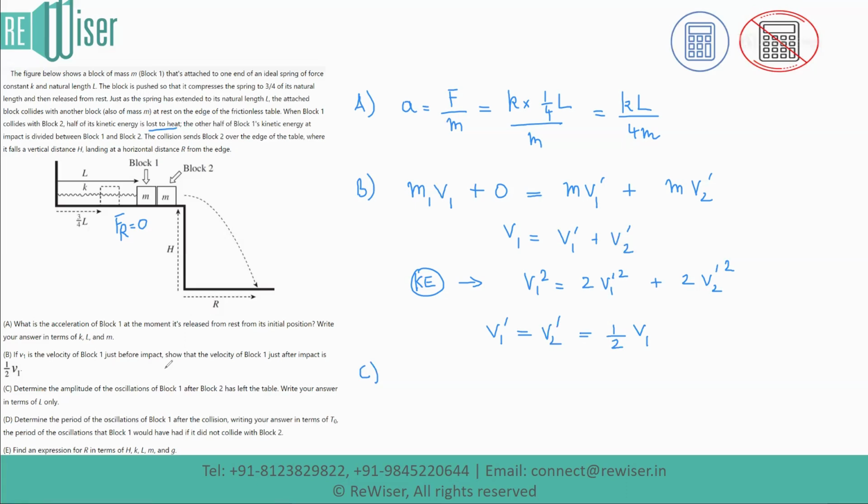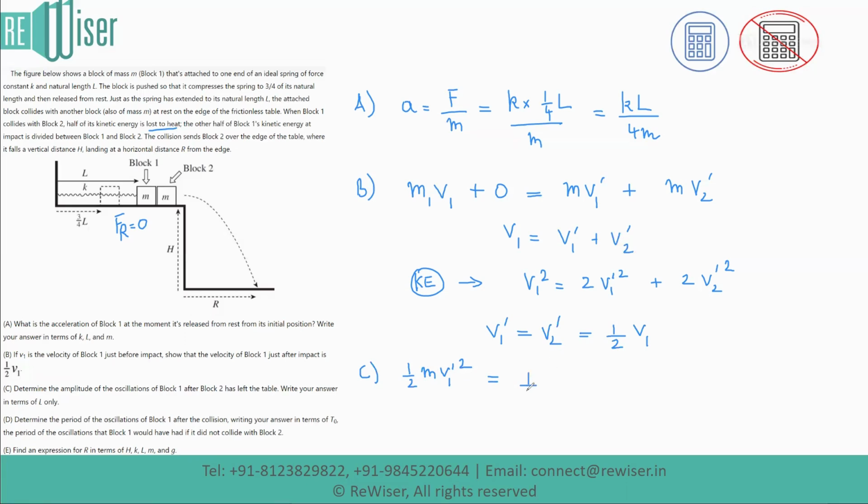By that logic, we notice that the kinetic energy, half m v square, or V1 dash the whole square in this case, which is its velocity after collision,